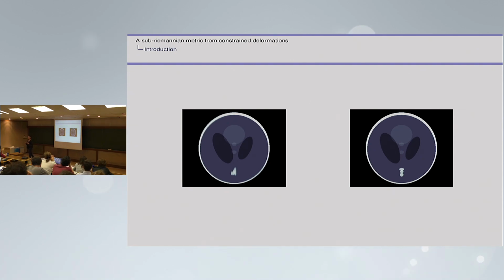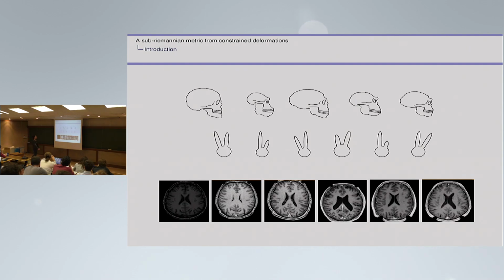So sometimes what you would like to have is a sub-Riemannian structure, so ways you can move on your shape space, not given by a fixed space of vector fields, but you want to say, okay, here I would prefer to have a rotation centered here, moving only this local structure. So when you have an additional prior, you would like to be able to incorporate it in your deformation model.